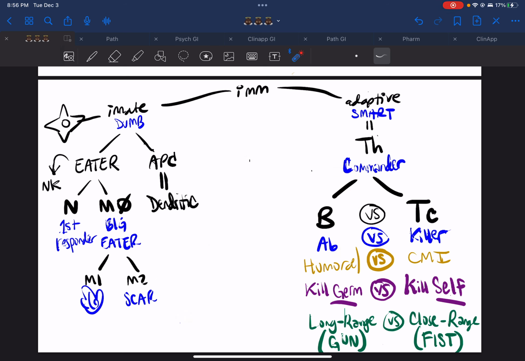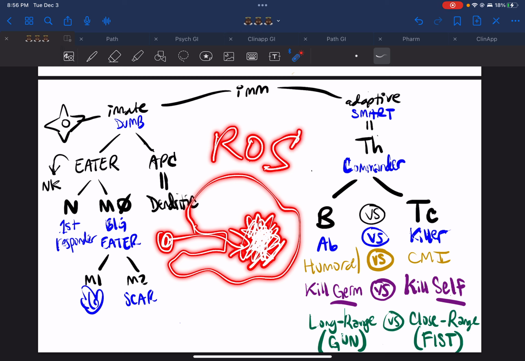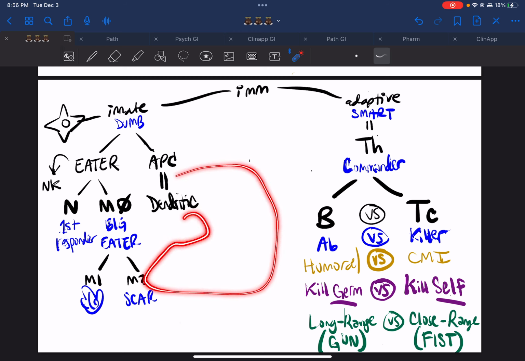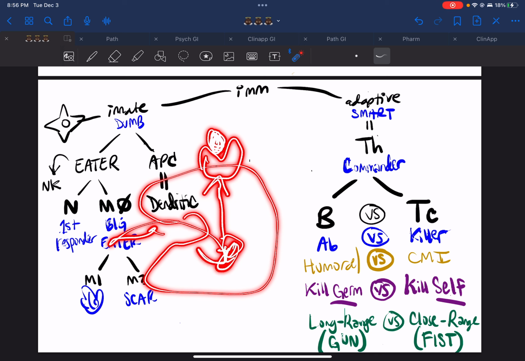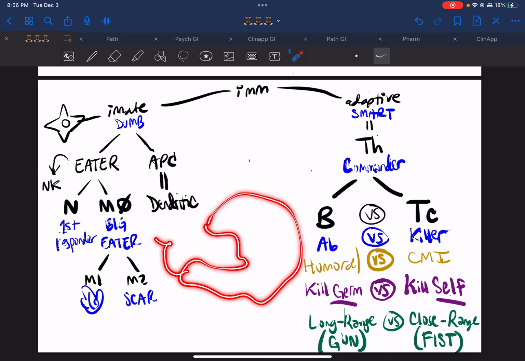So, yeah. So these guys will eat the germ, right? It goes in, they eat it, then they literally destroy it and degrade it inside their stomachs with their stomach acid. It's not really stomach acid, it's ROS, right? But it's an analogy. And then after they degrade it and break it into pieces, one of those pieces, they'll move to the surface and they present that piece on the surface of their body. So it's like after they ate it and destroyed it, they spit it back out and hold it in their hand and say, look what I have, right? Then they're going to take this piece of germ, which is called an antigen, that they have in their hand, and they're going to present it